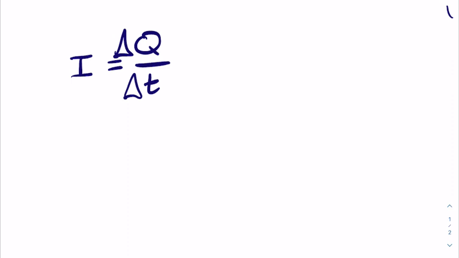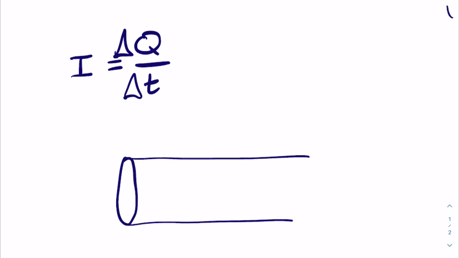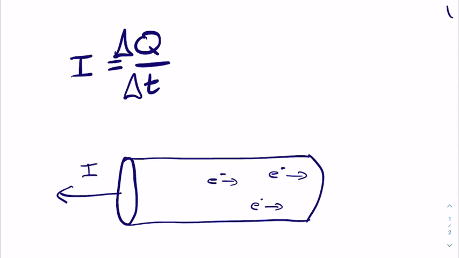So when we're inside a wire, imagine a cylindrical wire there, and inside there's lots of electrons. Remembering that if the electrons are flowing to the right, then the current is flowing to the left, because it's conventional current. And if the current is the rate of flow of charge, then we can figure out how